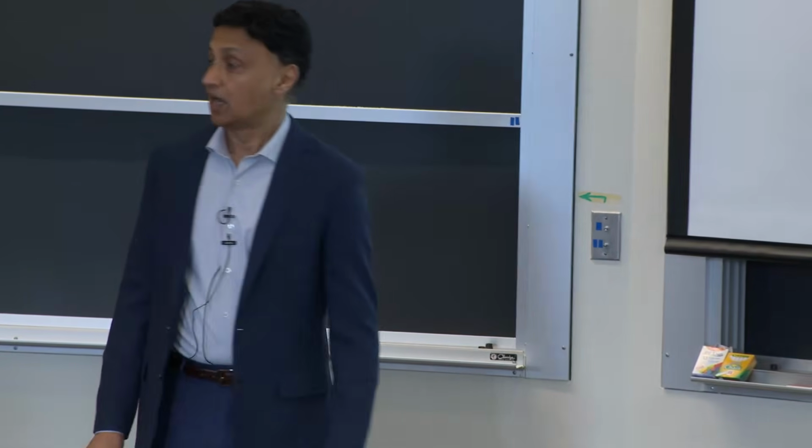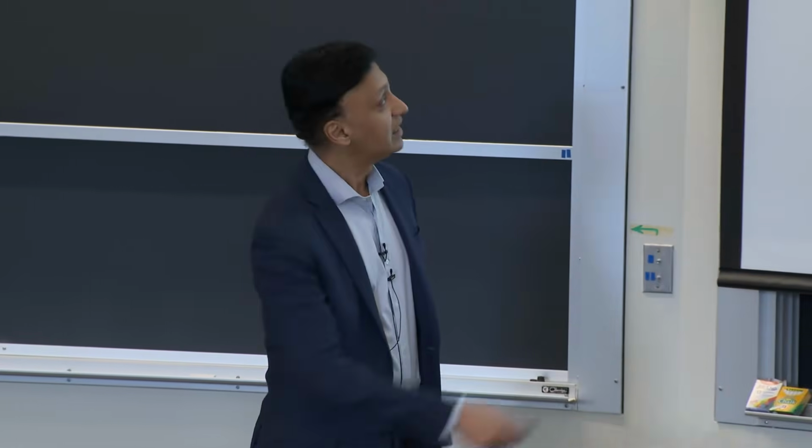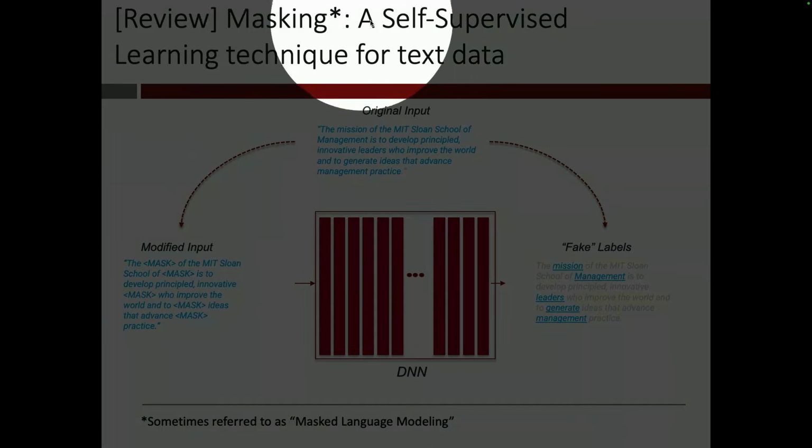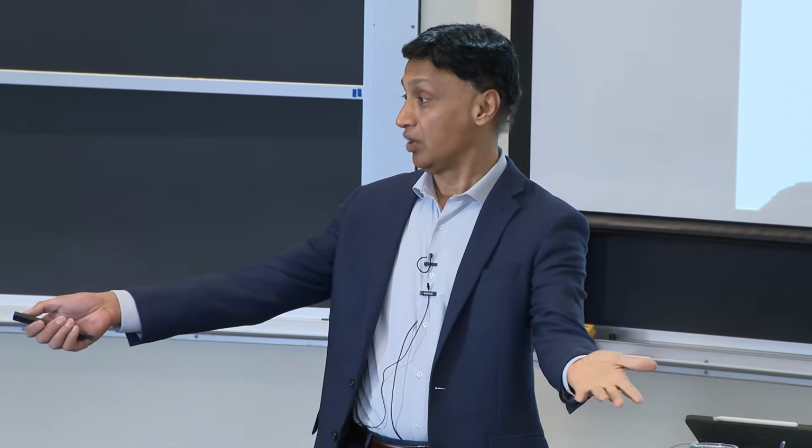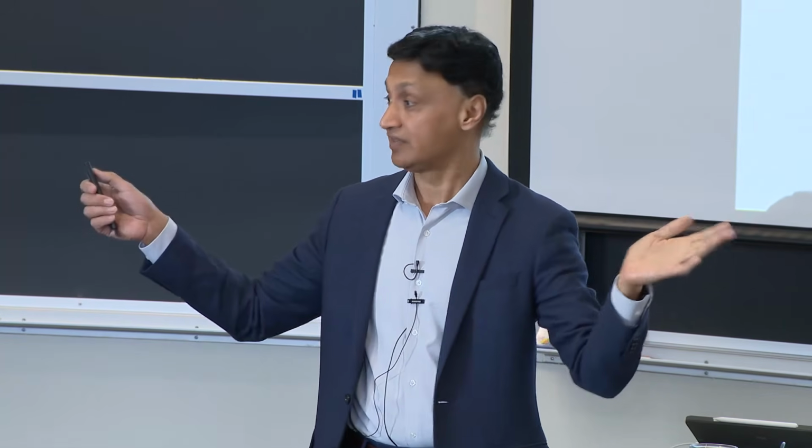So let's start with a quick review. Last week we looked at BERT, how BERT was created, and we learned about this technique called masking, which is a kind of self-supervised learning. And the idea of masking was very simple. We have seen ways in which people can take images and pre-train models like ResNet on vast bodies of images, but then for each image somebody had to go and label them, right? So for text we asked the question, well, what does it mean to label a piece of text when we don't actually have a clearly defined end goal in mind, except the general goal of pre-training things, right?